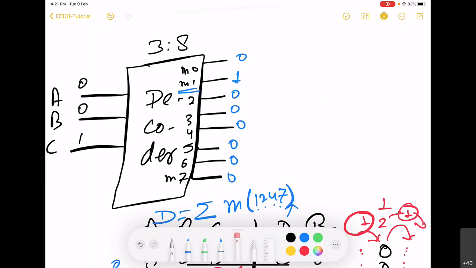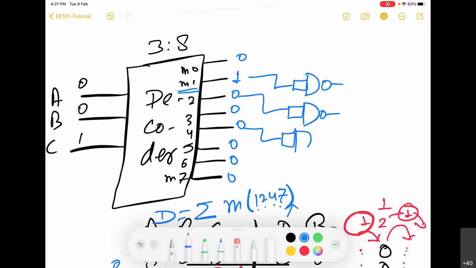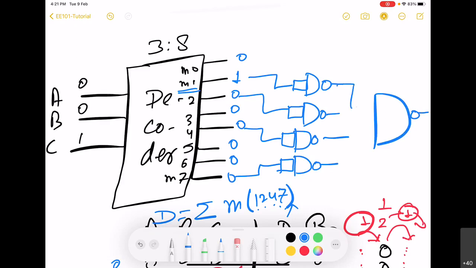So we can take 1, create an inverter using NAND. We can take 2 similarly, invert it using NAND, and then 4, and then finally 7, and then give it to another NAND gate here.